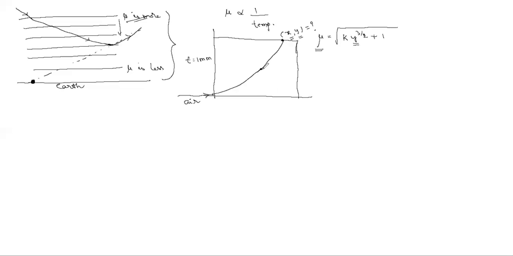So if I drop one tangent, this is the tangent. Suppose the tangent makes an angle theta with the x-axis. At that point I can write the slope equals tan theta, and according to mathematics we write it as dy by dx. This tan theta we can get in terms of y. Mu is given, so take it in terms of y and we can differentiate it.